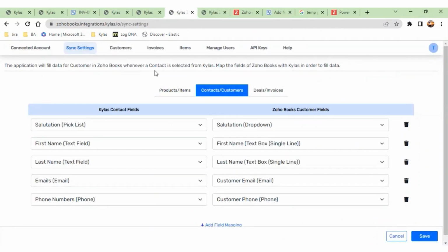Okay, so I have installed this marketplace application on my Kylas account, and I want to check how many invoices have been generated through Kylas, and how many customers I have created from Kylas to Zoho Books. I just have to open this application. If I go to invoices,